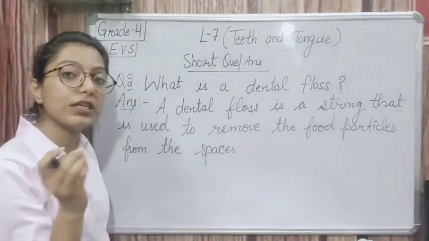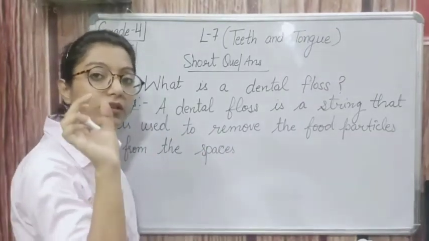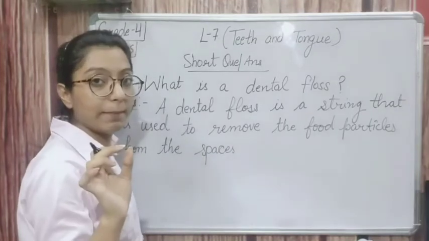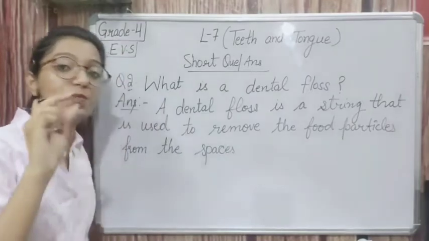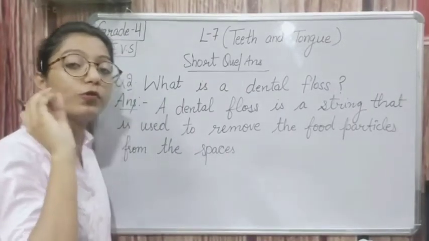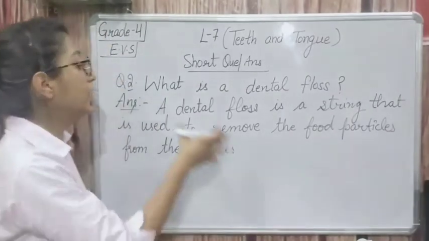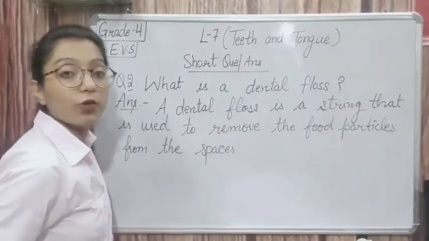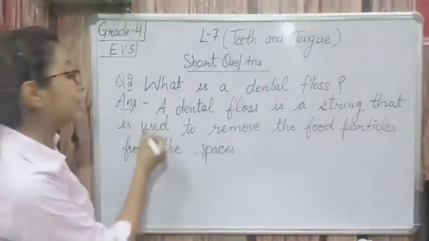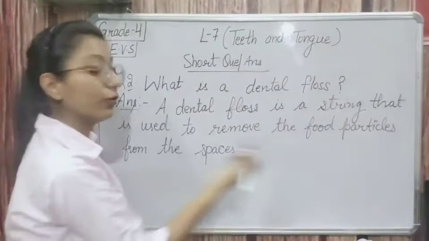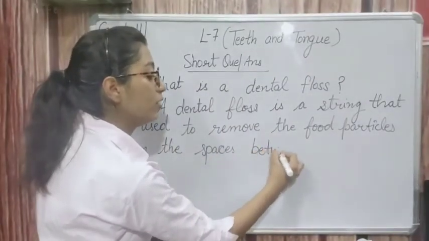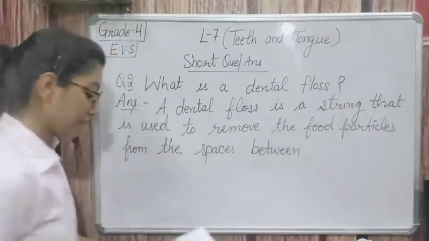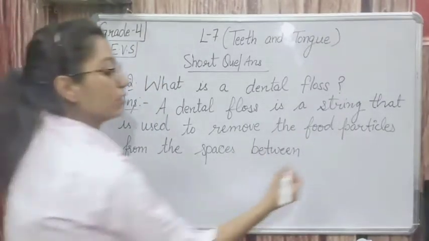There you will see in your teeth there is some space between them. आपके teeth में कहीं ना कहीं बीच में space है, तो in that space food just stuck और उस food को निकालने के लिए we are using dental floss. It is a string that is used to remove the food particles from the spaces between the teeth